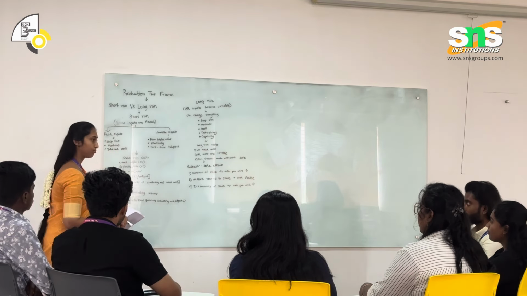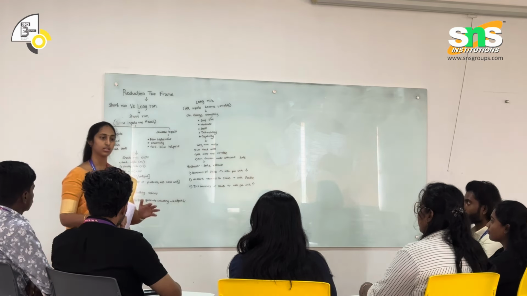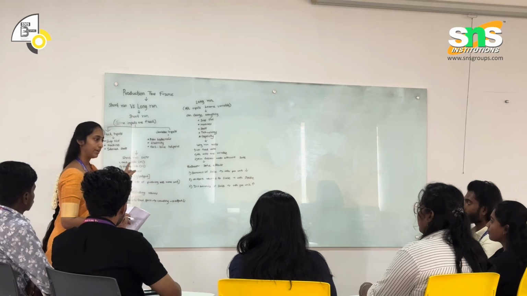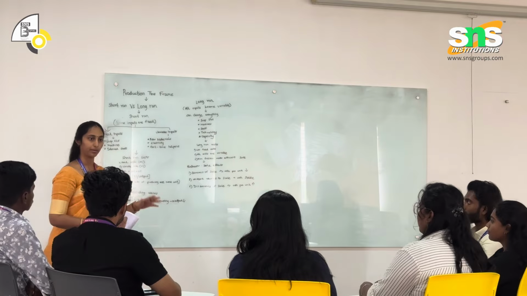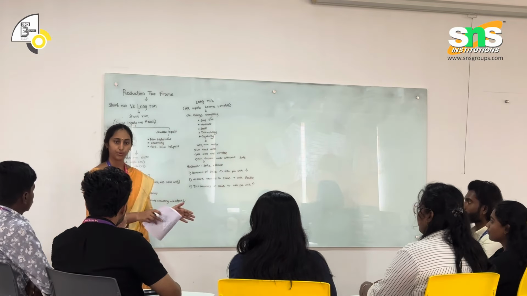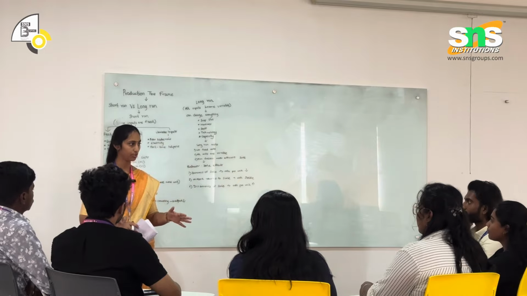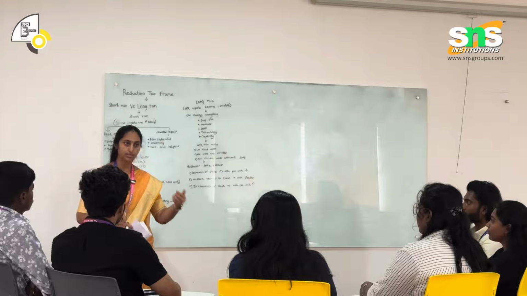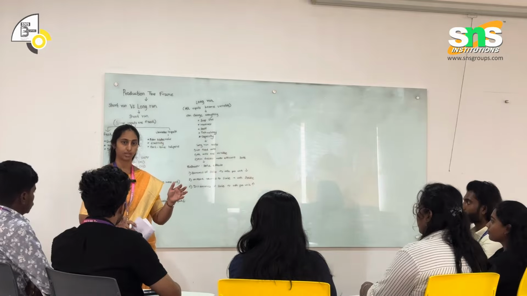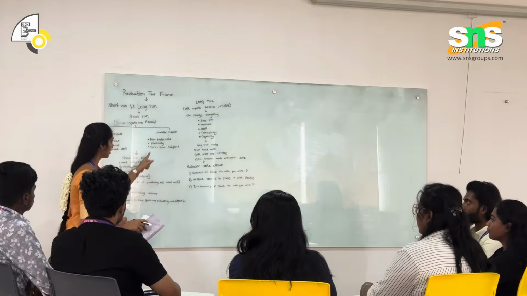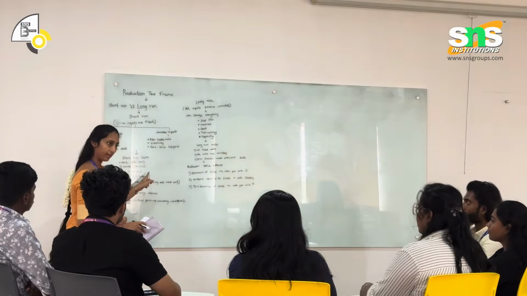So when it comes to short run, what are all the costs included in short run that we need to understand? First one is fixed cost. For the land you are paying rent, fixed cost. That is not going to change whether you get profit or not. And then salary, fixed cost. So fixed cost, variable cost. Variable cost is the purchasing of raw materials; the expenses that you spend for your raw materials are variable cost.